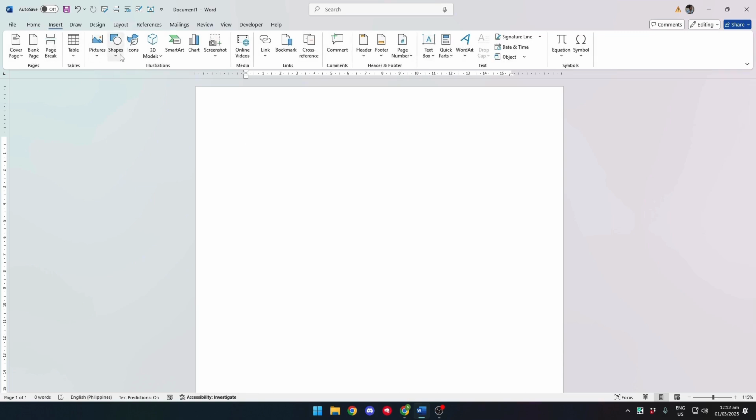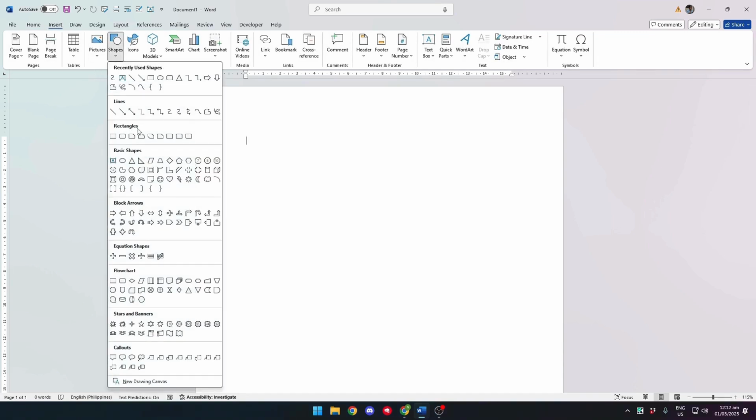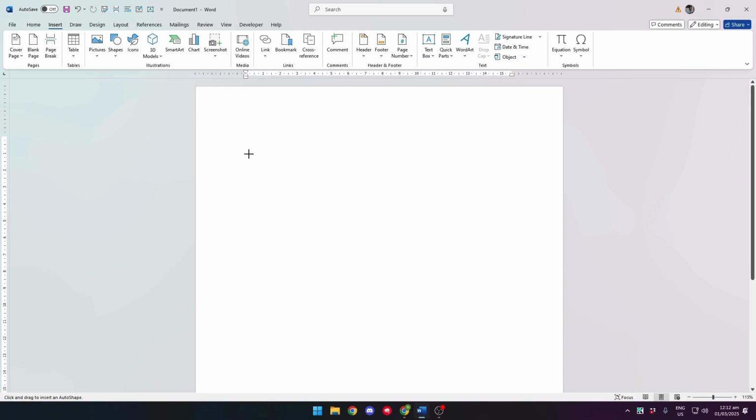Now, right here, click on Shapes. And right here, under Lines, you'll see that you have a variety of options to choose for your line. Now, if we want a curved line, we can see this right here, which specifies that it is a curve. Now simply click on that. And to insert your curved line,